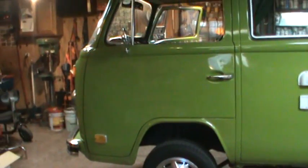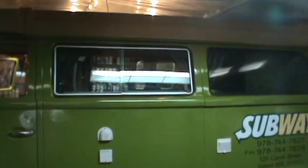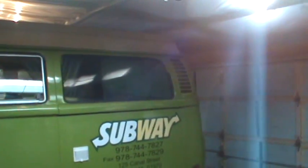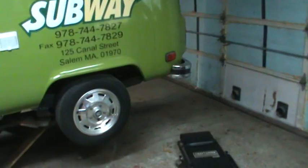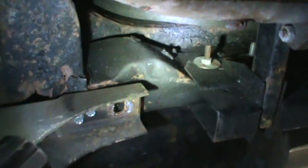Hey YouTubers, I got that, I think it's a '77, I'm going to call it the subway bus, up on the lift, and we're going to go see what it looks like underneath and see what's in store for me. Probably start from the back and work our way up. I know he said he had a repair done, and if you guys see what you can see,